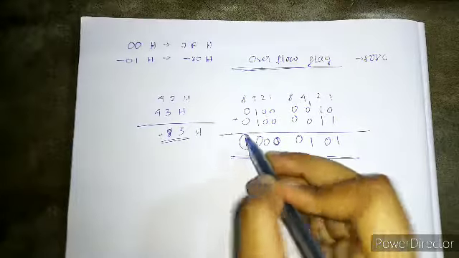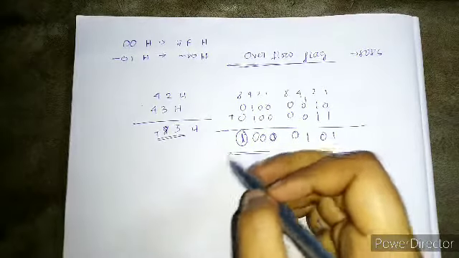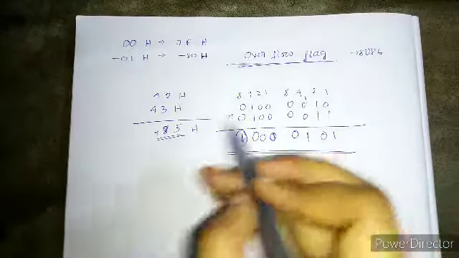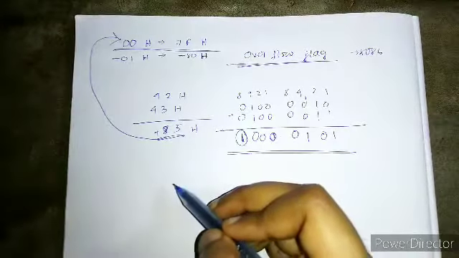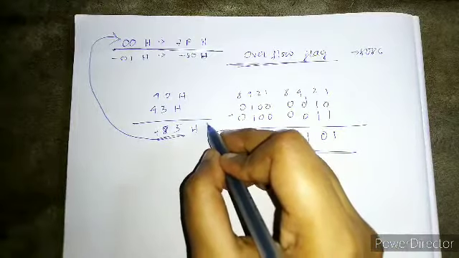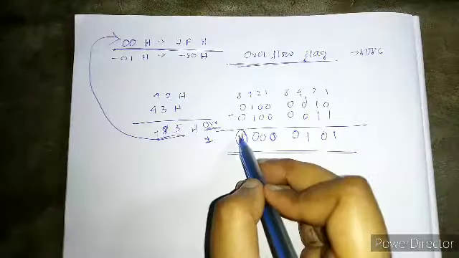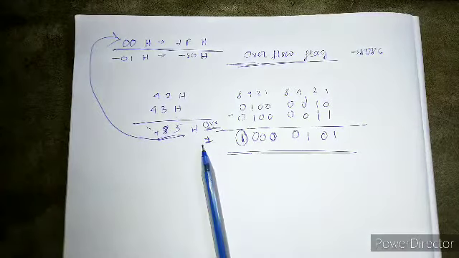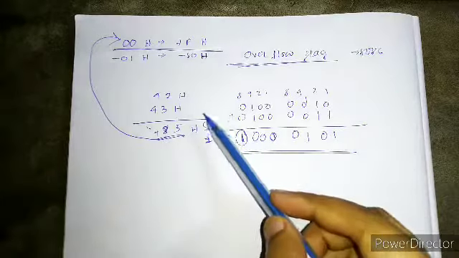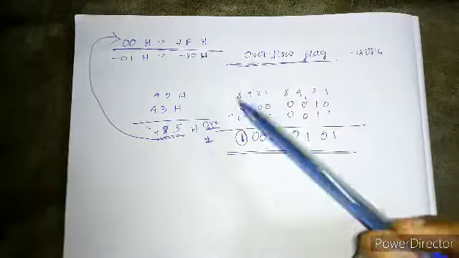But what is the MSB here? This one is 1. So it would signify that this is a negative number. But is it a negative number? No. Is this number out of our positive range? True. So there will be an overflow. Whenever the number that you are producing is out of range, there will be an overflow, and the overflow flag will be set to 1.